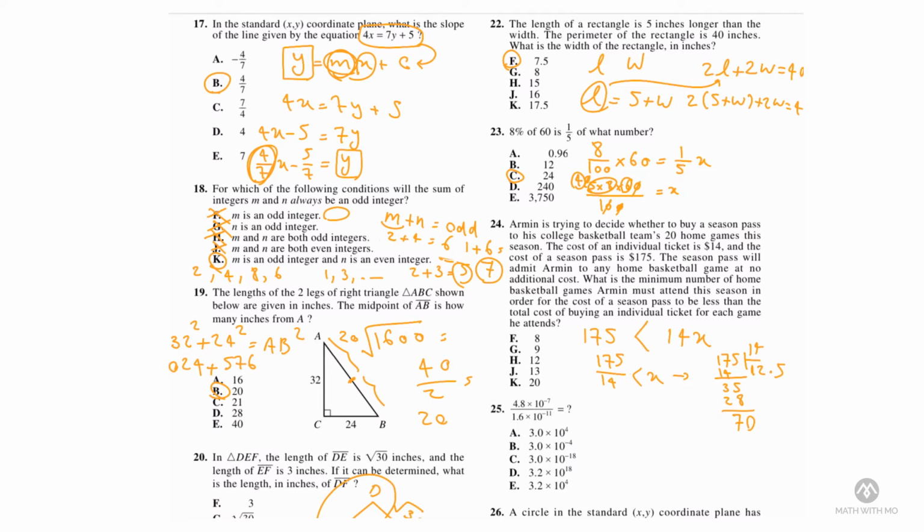So basically I'm going to go one game above, because if he attends only 12 games, it still makes sense to buy individual tickets, because 12 times 14 is going to be smaller than 175. Only after 12.5, this 14x will become higher than 175, and that's when it makes sense to buy a season pass. So the next number after 12.5 is